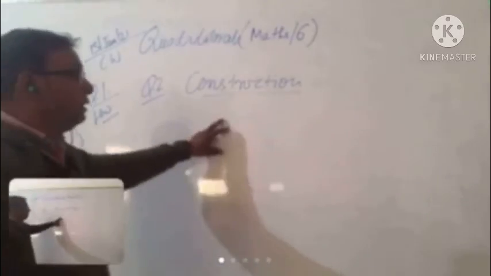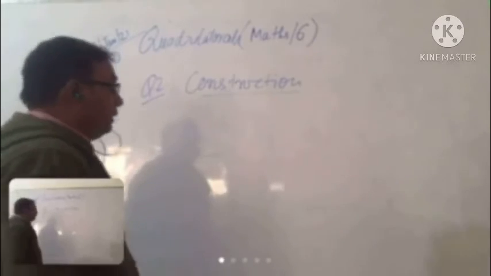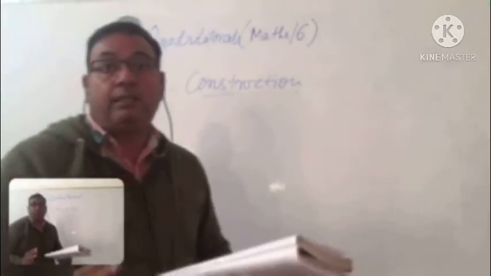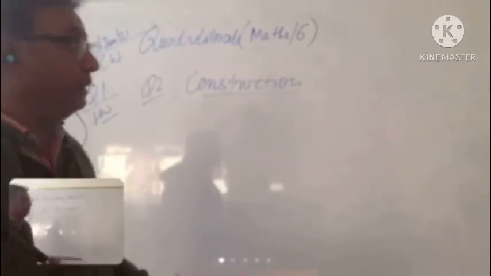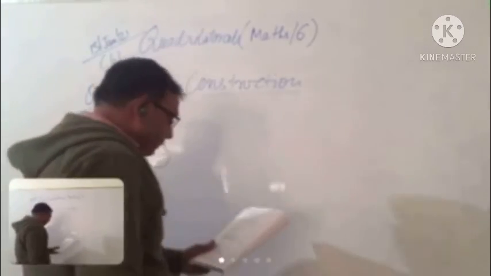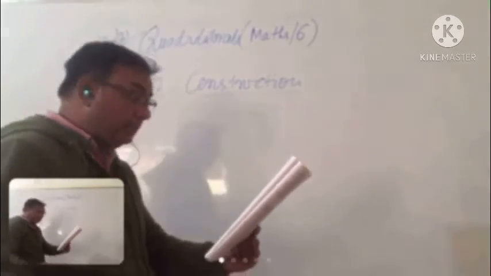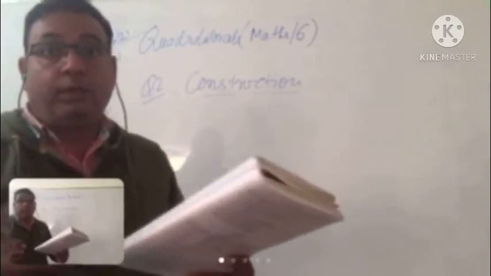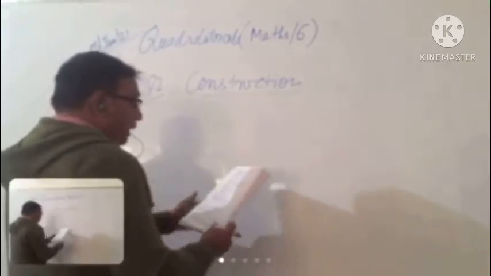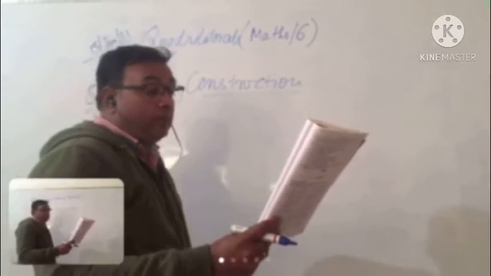In question number 2 we have to draw the parallelogram, and we can draw the parallelogram with the help of a scale and protractor, because there is a 70-degree angle. So you must use a protractor and scale, and also a compass, for an accurate construction. Without instruments we are not able to draw. I am drawing a rough figure, and you all can draw a perfect figure, with measurement.